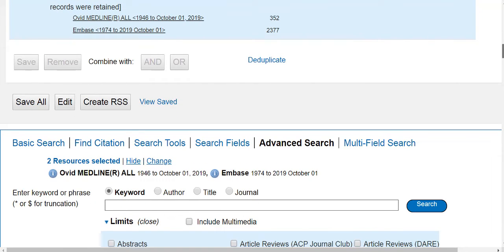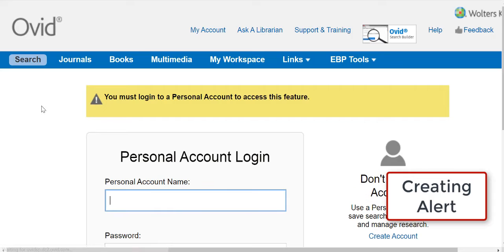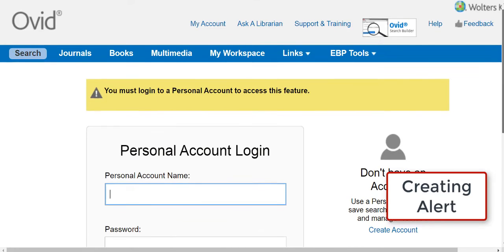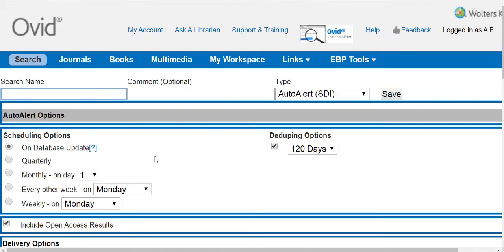Next, if I need to, I can save that search and create an alert. To create an alert, I need to fill in my personal account details. Once I've done that, once I've given my search a name and I've